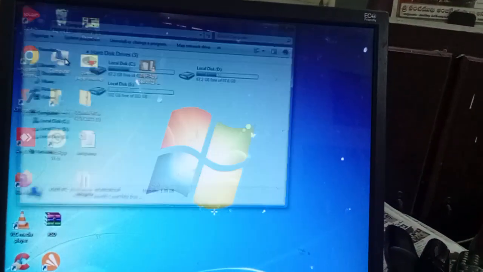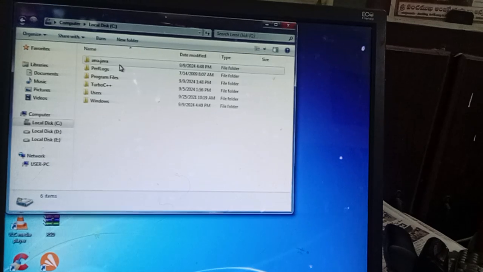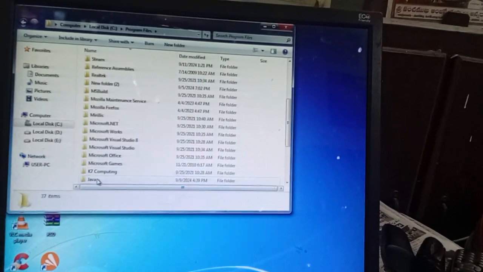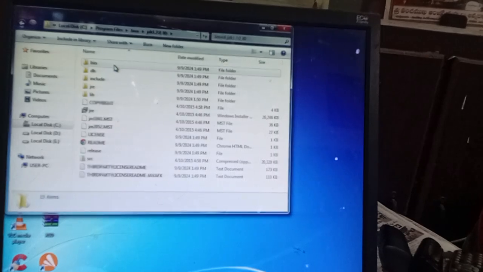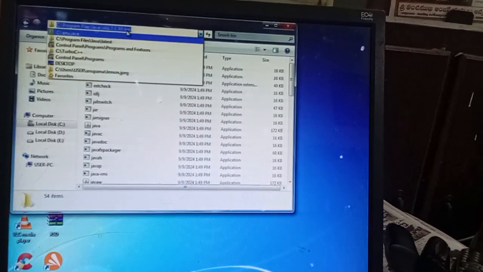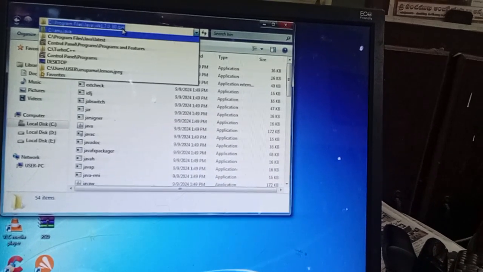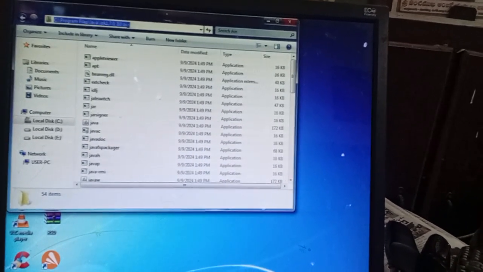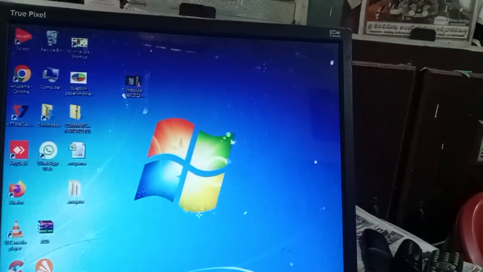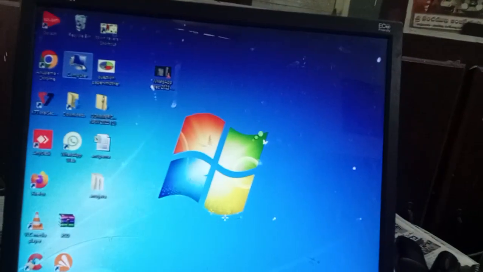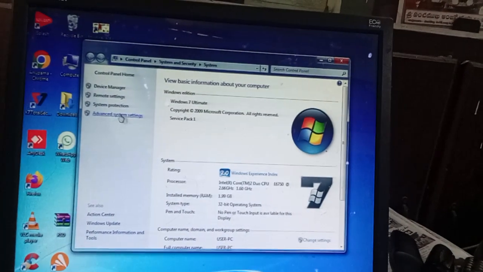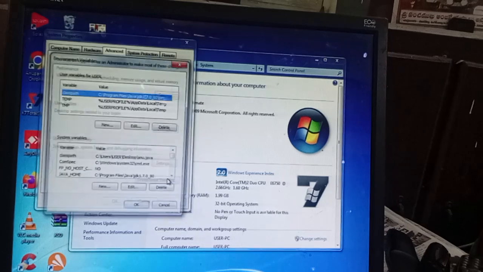Go to Computer, double click C, double click Program Files, double click Java, JDK, double click bin. Here in the address bar you will have the address. Click on it, right click, copy and cancel. Go to My Computer, right click Properties, Advanced system settings, Environment Variables.